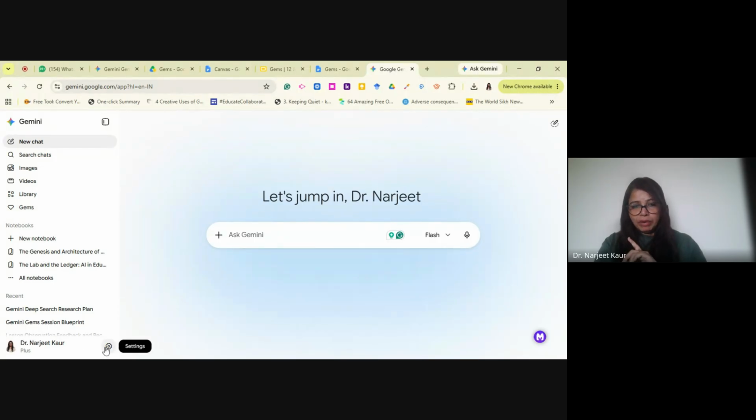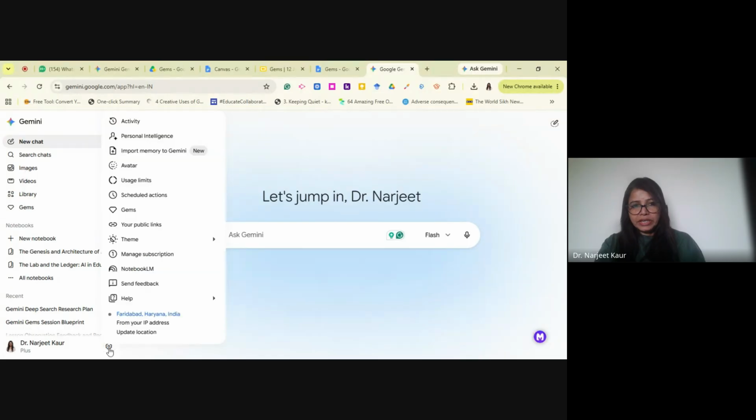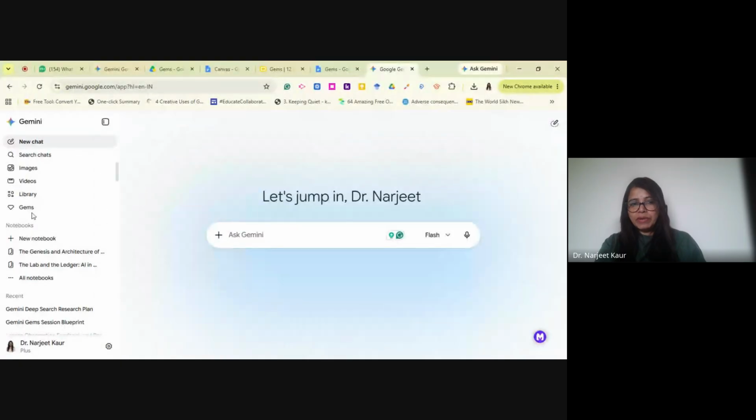Second, come down to this wheel, the settings. Click on settings and you will see Gems here. You will also see NotebookLM here. If Gems or NotebookLM is not visible, you can click on it and it will instantly become visible on your left-hand sidebar panel.